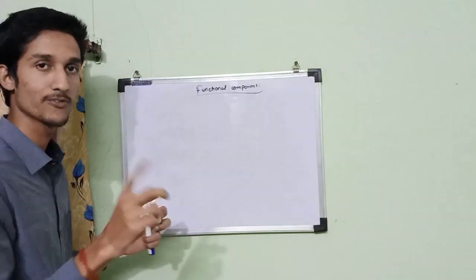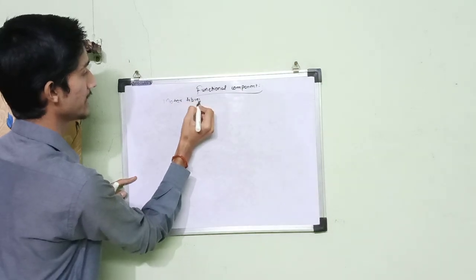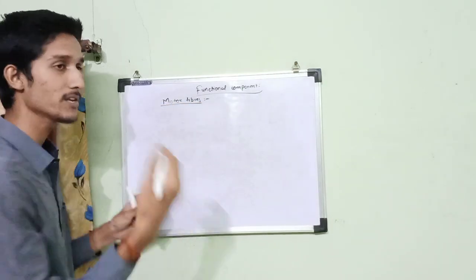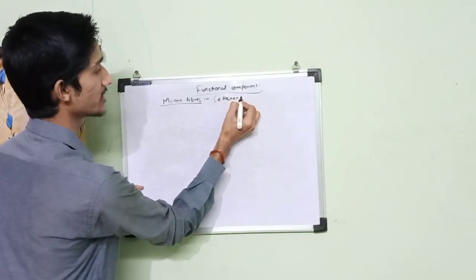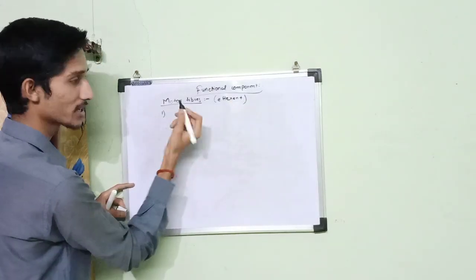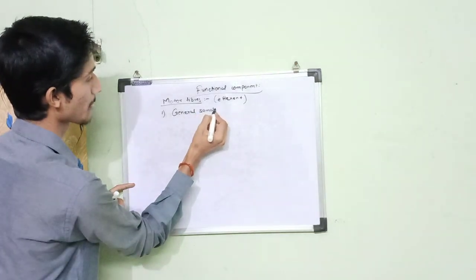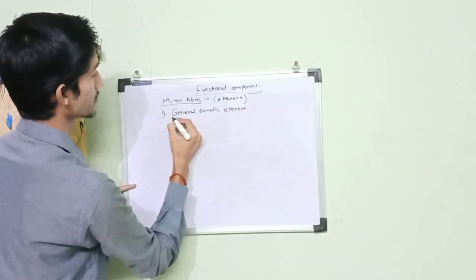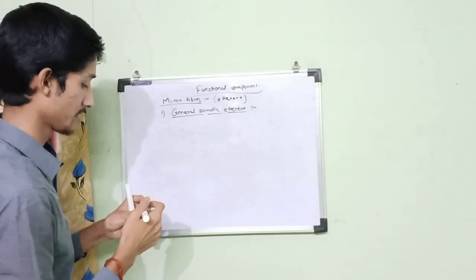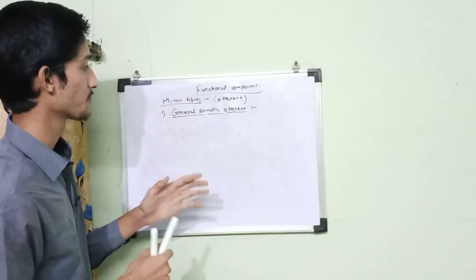Now it is easier to memorize the functional components. First we are going to look for the motor fibers. It means for all the functional components we are going to use the efferent term at last. So the very first functional component for motor fibers is general somatic efferent fibers. As the name suggests, it is general somatic efferent.